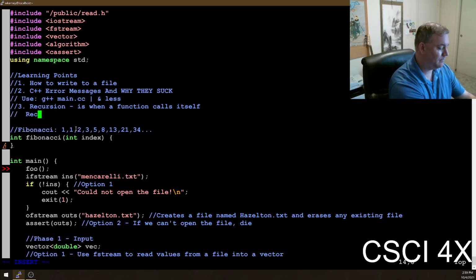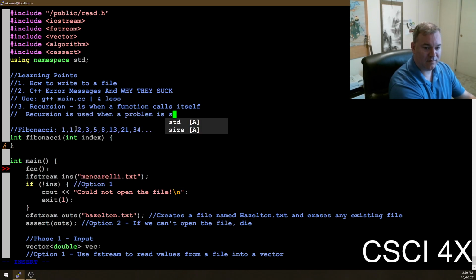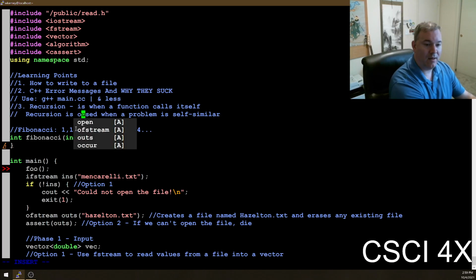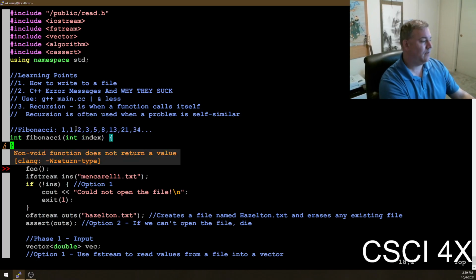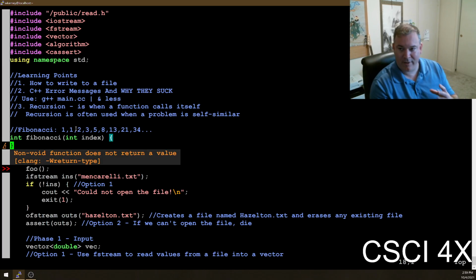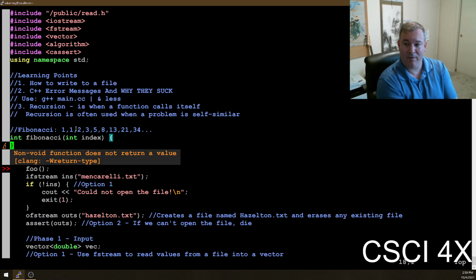Recursion is used when a problem is self-similar. Often, you don't have to use it. So, the Fibonacci sequence is defined recursively. The 10th Fibonacci number is the sum of the 8th Fibonacci number and the 9th Fibonacci number, right? It's recursively defined in terms of itself.